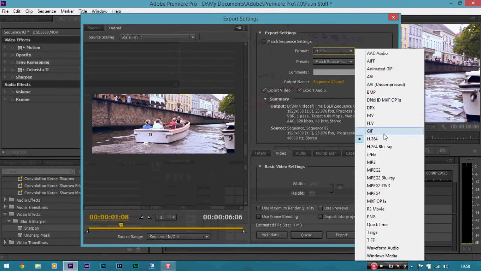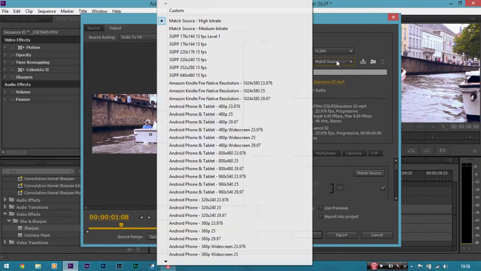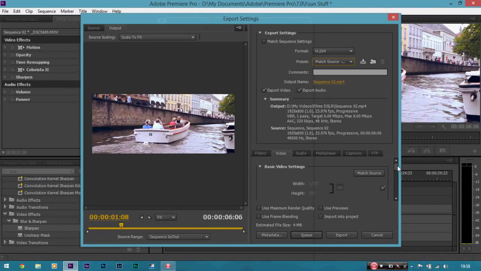So use H.264. Like I was saying, it's the standard, and it's used for everything nowadays, and it's a very good encoder. Now you can see it's automatically used match source high bit rate. Just select that, and I'll take you through what it's done. It's basically automatically looked at all the settings and matched it. So it's matched the pixels, which is our widescreen,